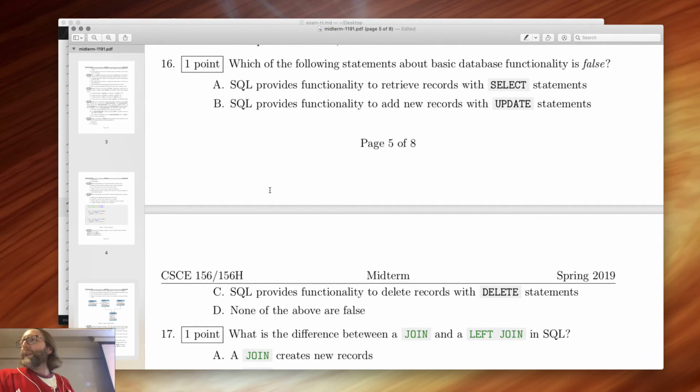Which of the following statements about basic database functionality is false? SQL provides functionality to retrieve records with select statements. That's true. SQL provides functionality to add new records with the update statement. That's false. How do you add new records? Insert. SQL provides functionality to delete records with delete. Yep. None of the above are false, which is false. So